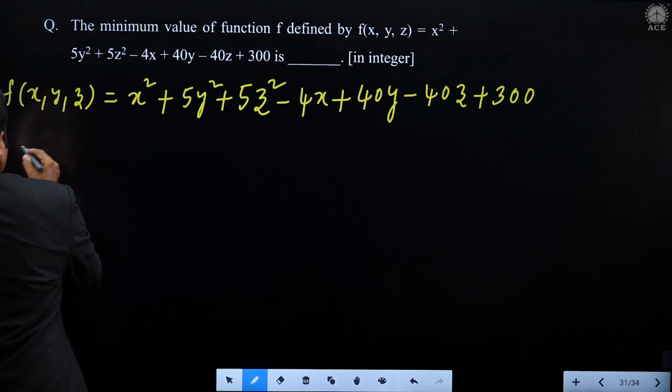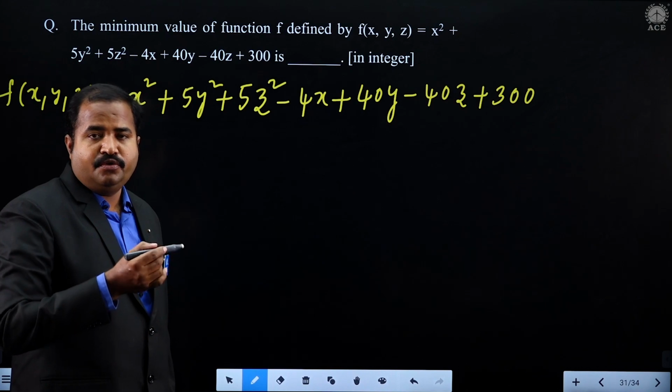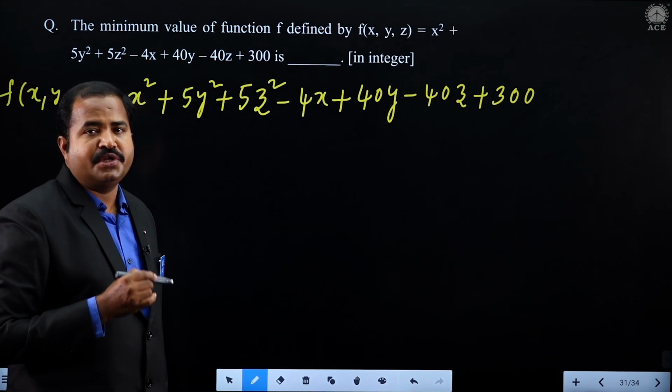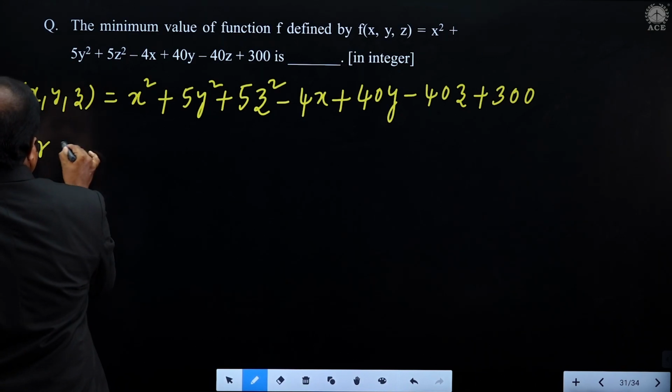We know that for maxima and minima we need to calculate the stationary point. So for stationary point,